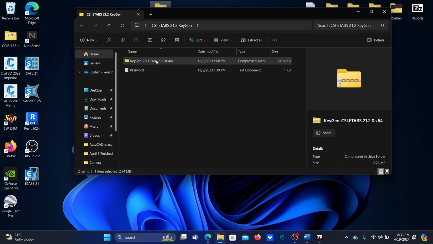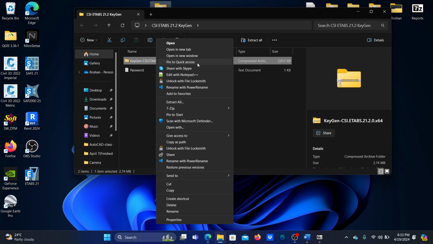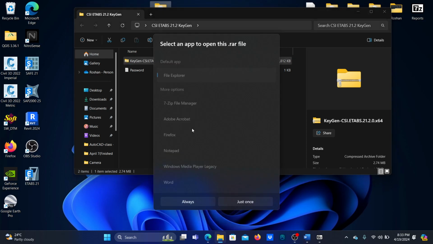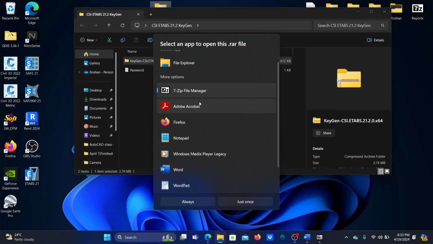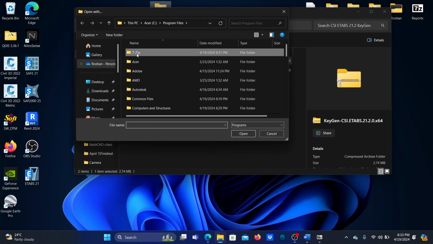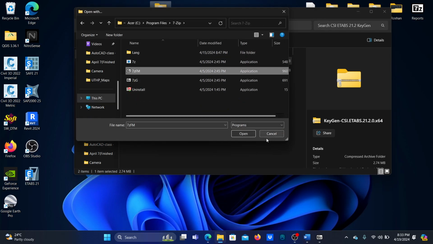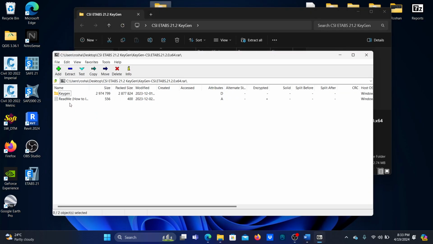I'm going to open this with 7-zip as well. So open with, let me search for it. Okay, and then I'm going to select the 7-zip file manager. If you do not see it here, then again choose app on your PC, 7-zip, 7-zip FM, open always. Now we're just going to